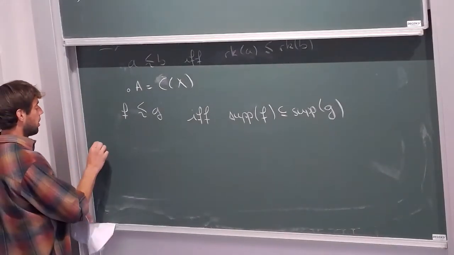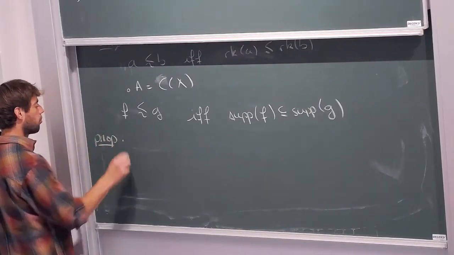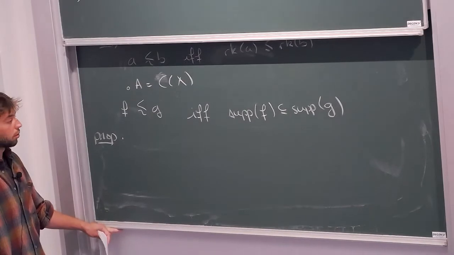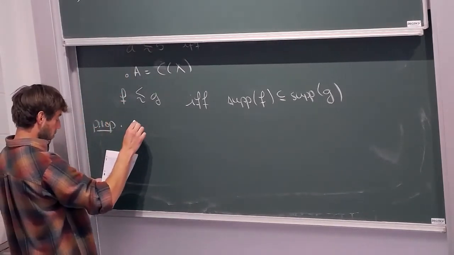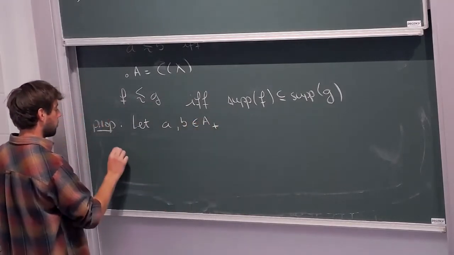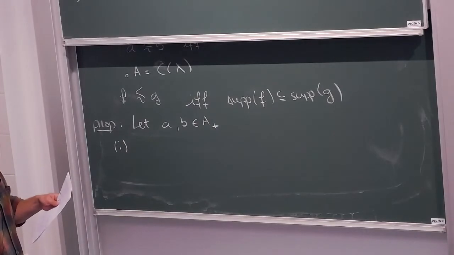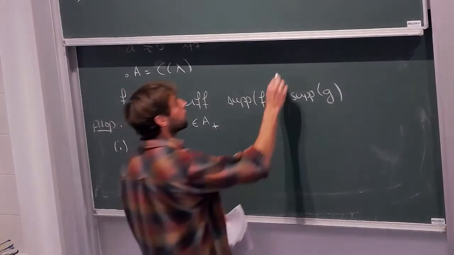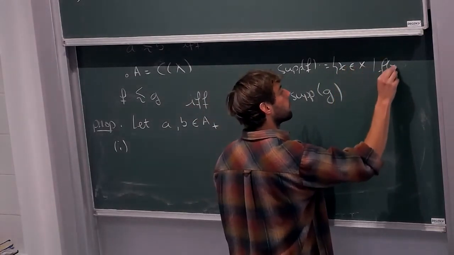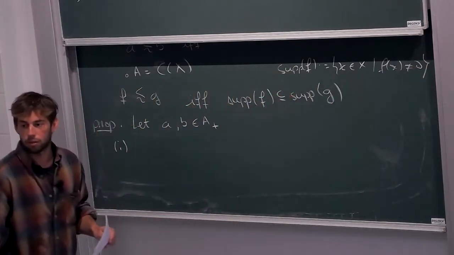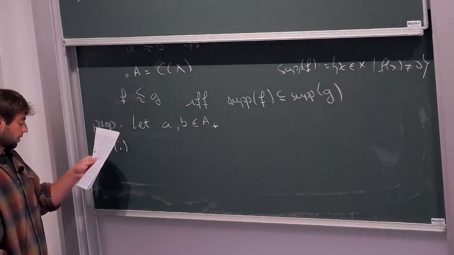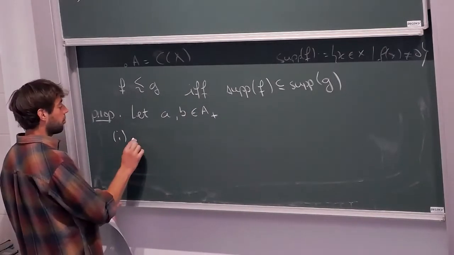So those are some examples and some properties that are not trivial, but that are pretty useful all the time when we work with this relation. So we have the open support of f, which is the pre-support. Let me write it. Yes, this is the open support. So we have, for example,